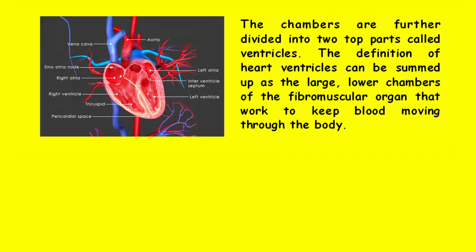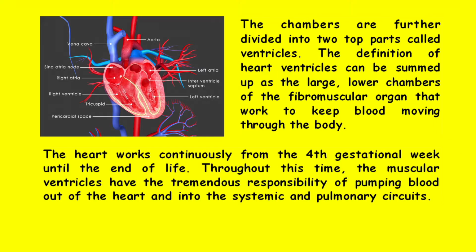Although all parts of the heart work together to carry out its daily function, the ventricles have an enormous role in maintaining adequate cardiac output to keep blood flowing. The heart works continuously from the 4th gestational week until the end of life. Throughout this time, the muscular ventricles have the tremendous responsibility of pumping blood out of the heart and into the